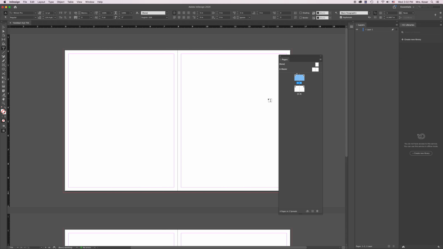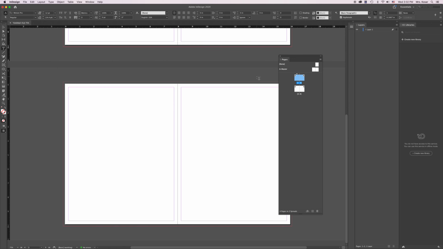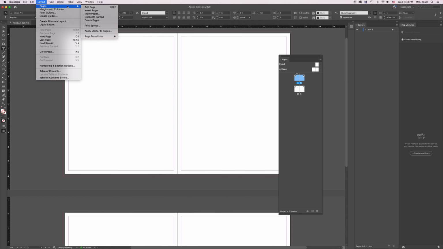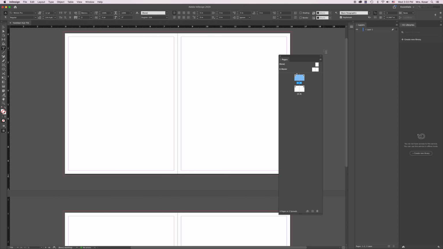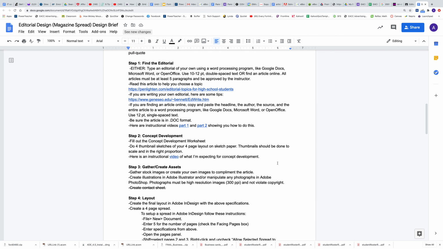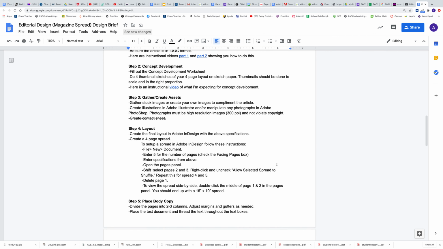So now you can see that we have 2 spreads. If you would like to add more pages, you can by going up to Layout, Pages, Add, but you're only required to design 4 pages. The next thing that we're going to do is make sure that we have 2 to 3